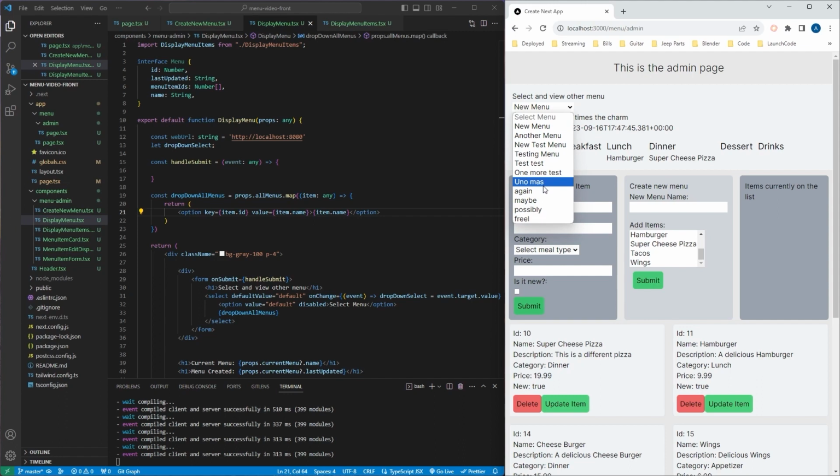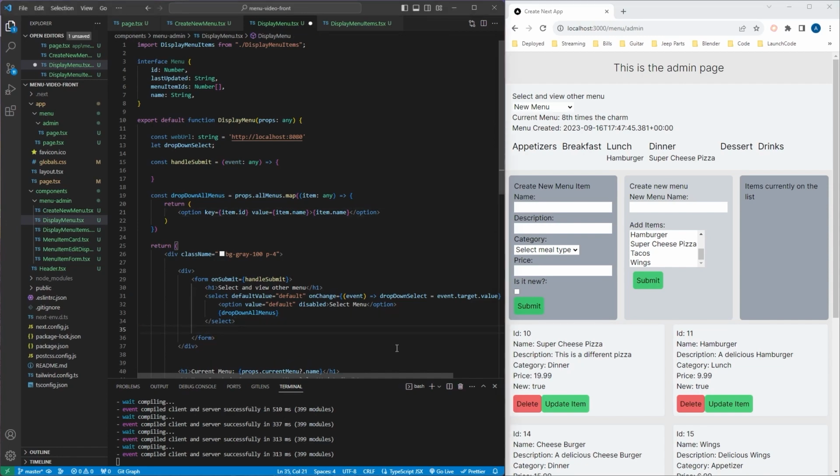At the moment, our default value doesn't seem to be working, so we're not going to worry too hard about that, not at this moment. But okay, awesome. So inside our form, we now have the ability to choose which menu we want to view. Okay, so let's go ahead and create our button